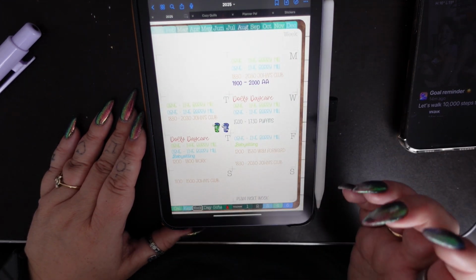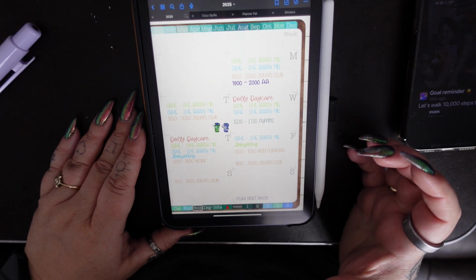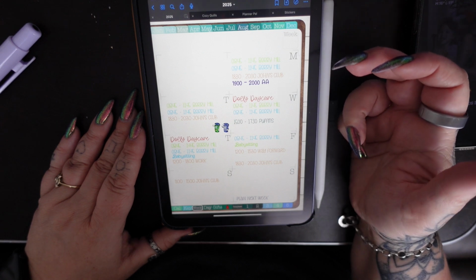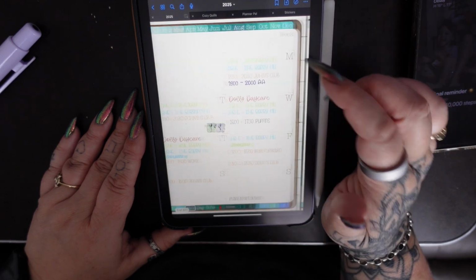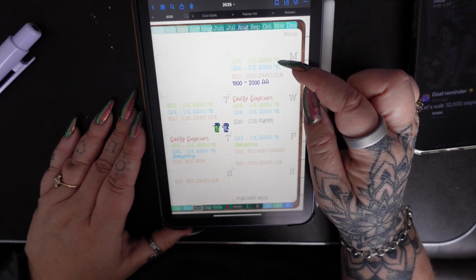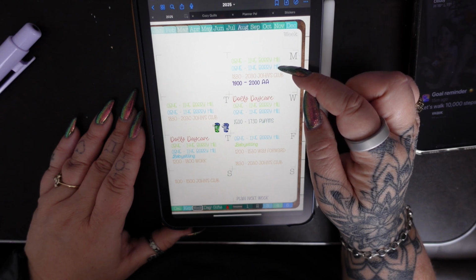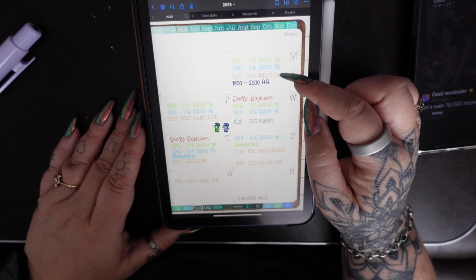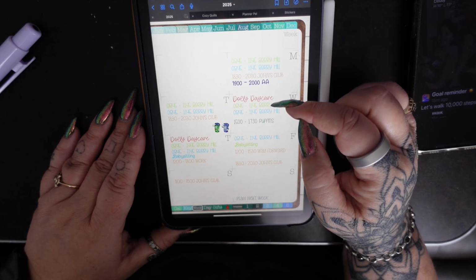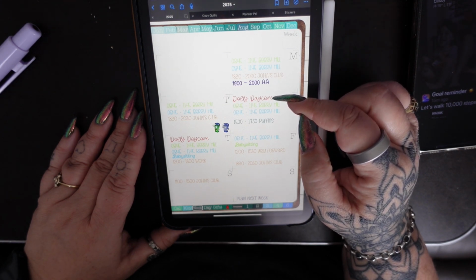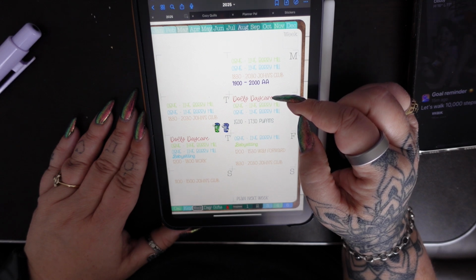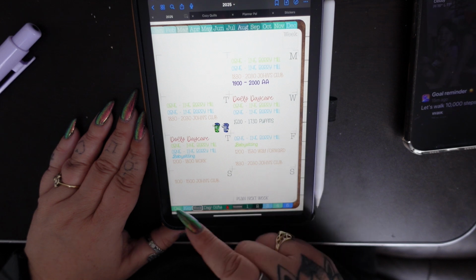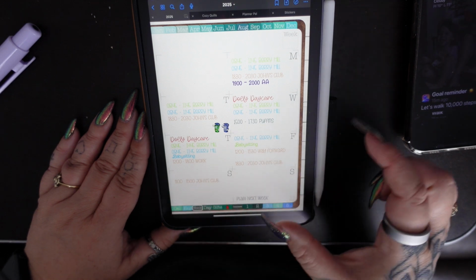This is my week at a glance. This is what my typical week will look like. It's colour coded to make it easier for me to understand. So the bright green is my eldest grandson. The bright blue is my second grandson. The orange is my eldest son, and then you've got the purple, which is me. The red, Dolly Daycare, that is my neighbour's dogs. I look after them a few times a week. There you go, that's the day the bins go out. Plan next week, babysitting. You know, it's just various different things that